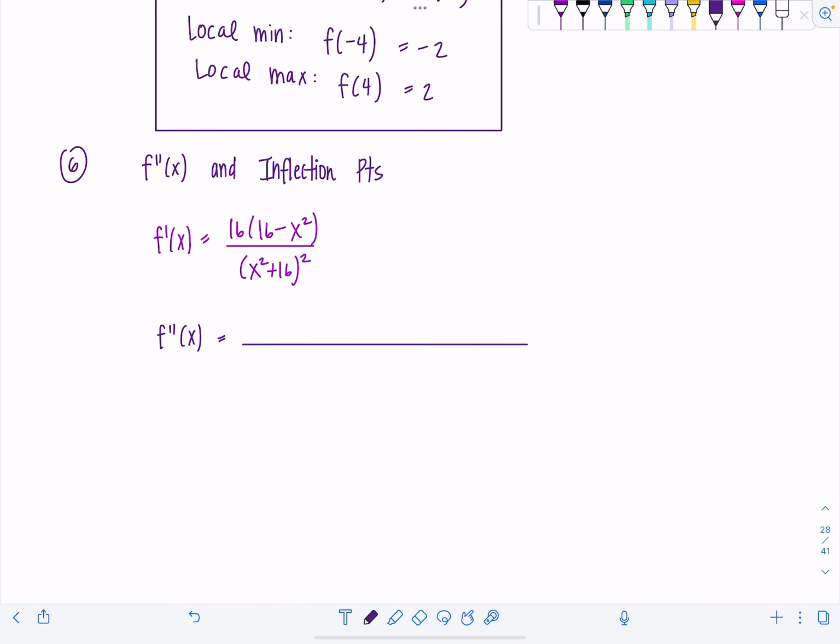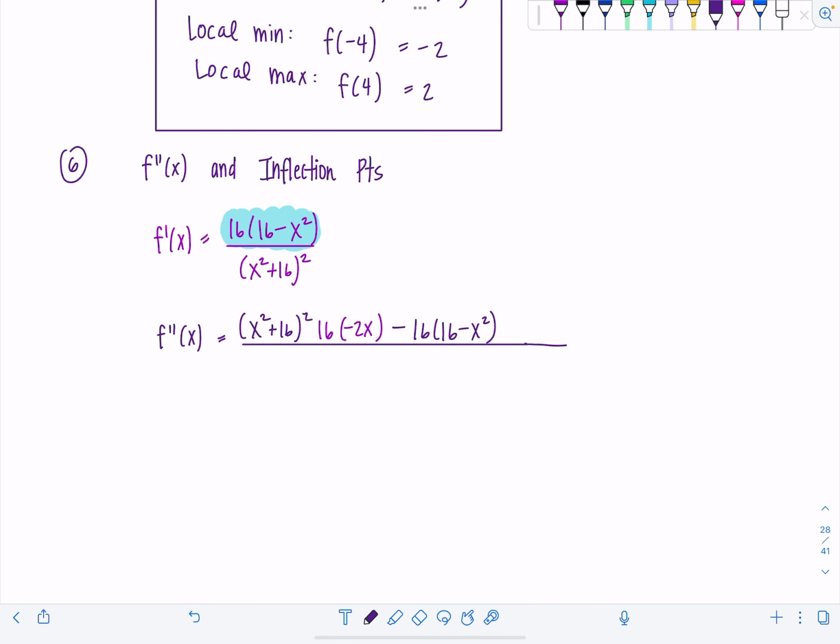Here we go. Low D high. Be careful. When you take the derivative of the numerator, you don't need to do product rule. No, because that little 16 right here, it's just a constant. So just bring it along for the ride. You don't need to do product rule. So derivative of the numerator is just 16 times, now derivative of 16 minus x squared, that's -2x, okay? So that's low D high minus high